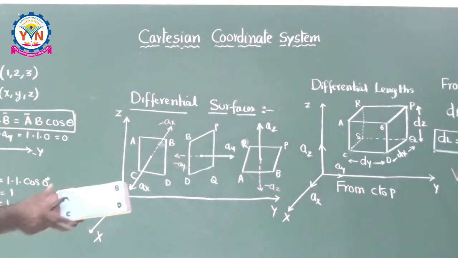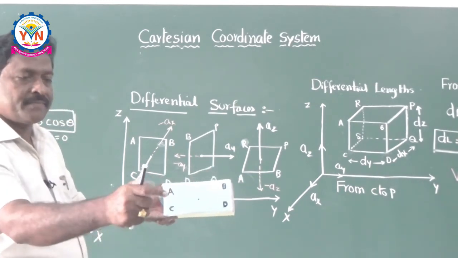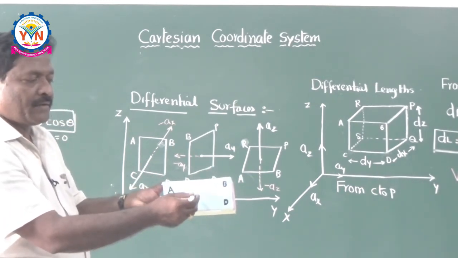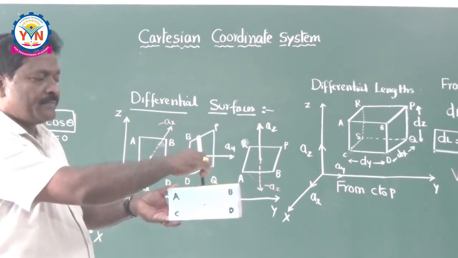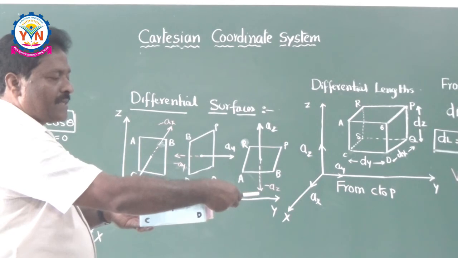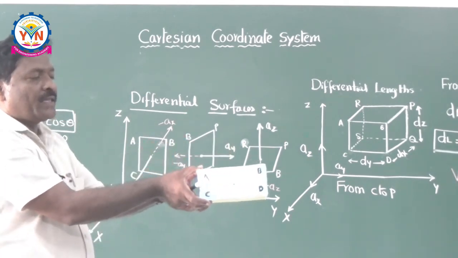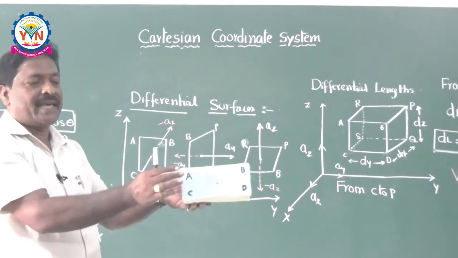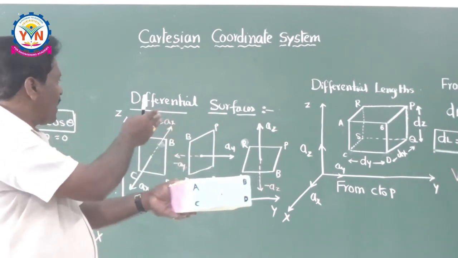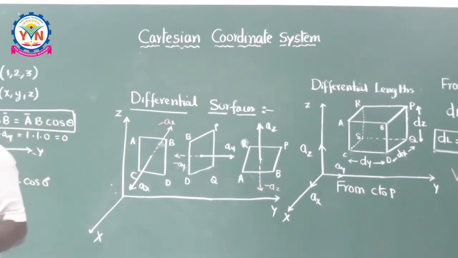This is the X direction, this is the surface AX. And this is AZ, and this is minus AZ. And this is plus AY, minus AY, minus AX. If you take this box, it has 6 surfaces. Now I can write the formulas for these 6 surfaces. What are the 6 surface areas?